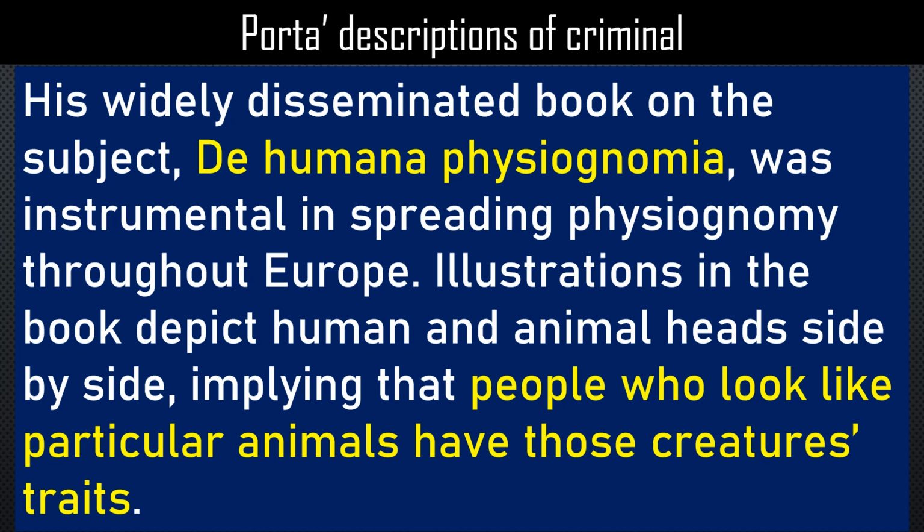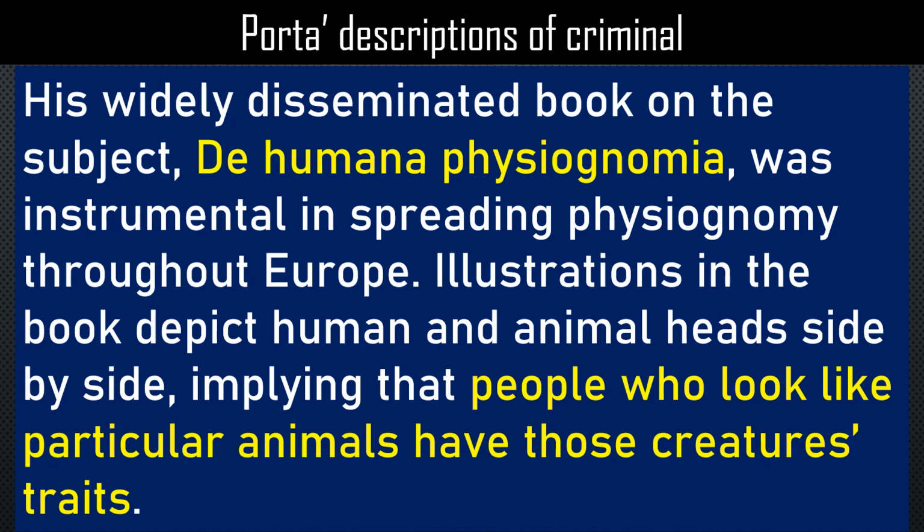So how did Porta describe criminal? So here's Porta's description of criminal. His widely disseminated book on the subject, De Humana Physiognomia, okay, so meaning that is the physiognomy of the humans, was instrumental in spreading physiognomy throughout Europe. Illustrations in the book depict human and animal heads side by side, implying that people who look like particular animals